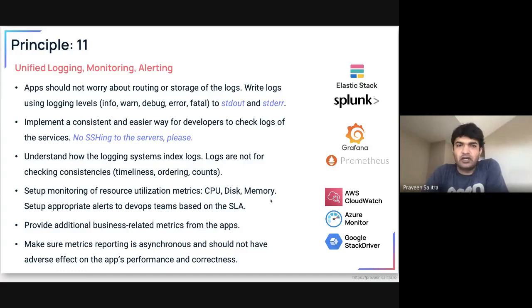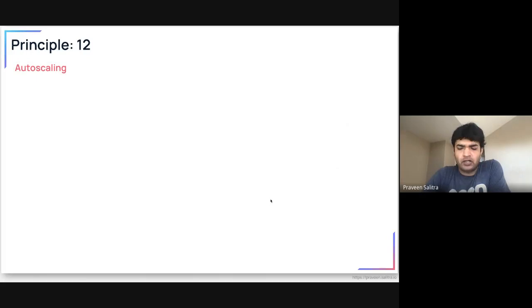Elastic Stack is pretty good, that we have been using with Kibana. Splunk is a service provided by Splunk. There are monitoring and dashboards as well called Grafana, and Prometheus works very well with Kubernetes-based things. And then again, if you are on the cloud provider and you just want to stick to some of those managed services, all the 3 cloud providers have one of that managed service that can provide logging, monitoring, alerting, things like that. Pretty quickly, auto scaling.